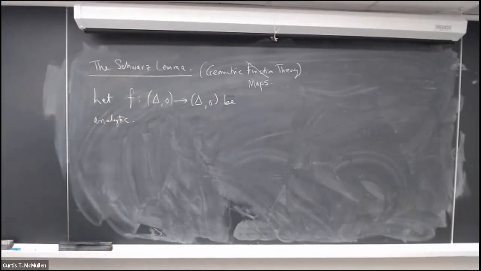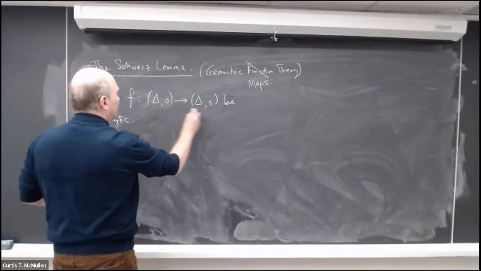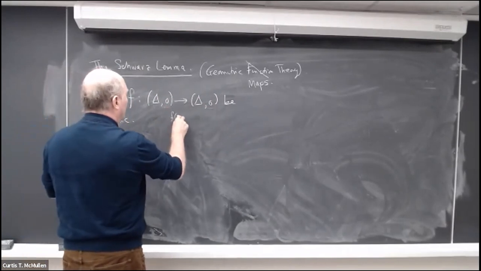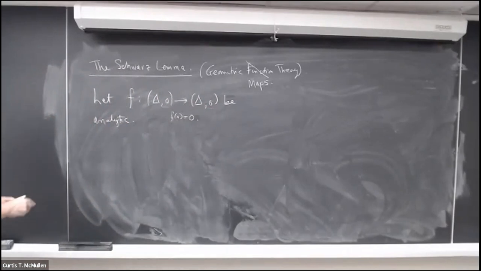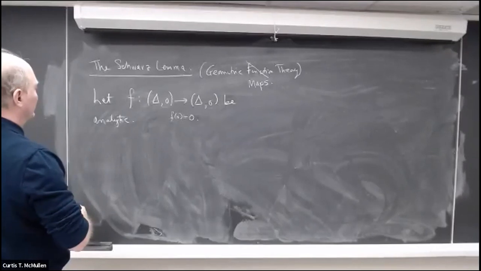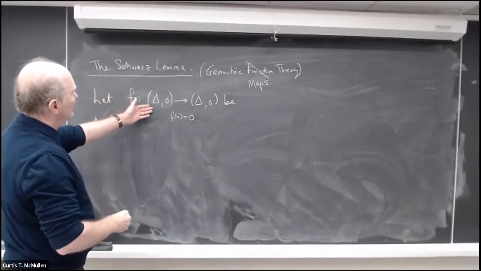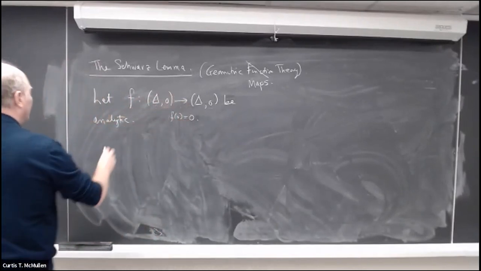Now, here's a notation I'll use very often. When I write a map of a pair like this, this just means that f of 0 is equal to 0. So we have a map between a pair of pointed regions, and the base point should go to the base point, as when you're studying the fundamental group and things like this. So this just means an analytic function on the unit disk. It's bounded by 1 and it vanishes at the origin. Then